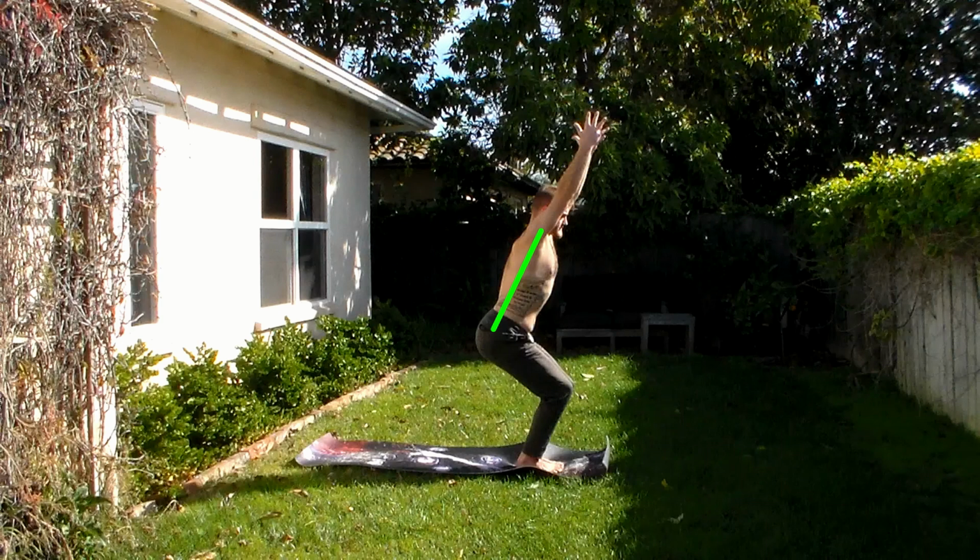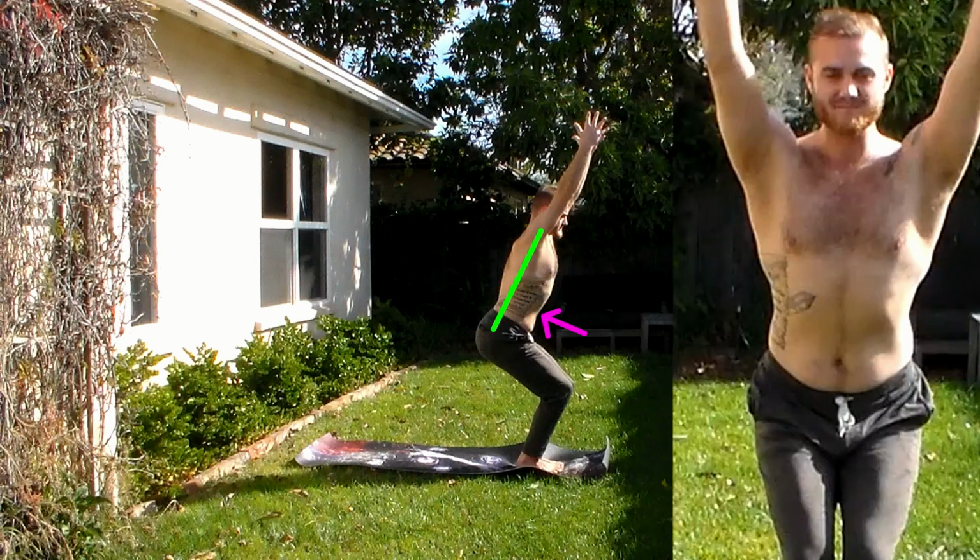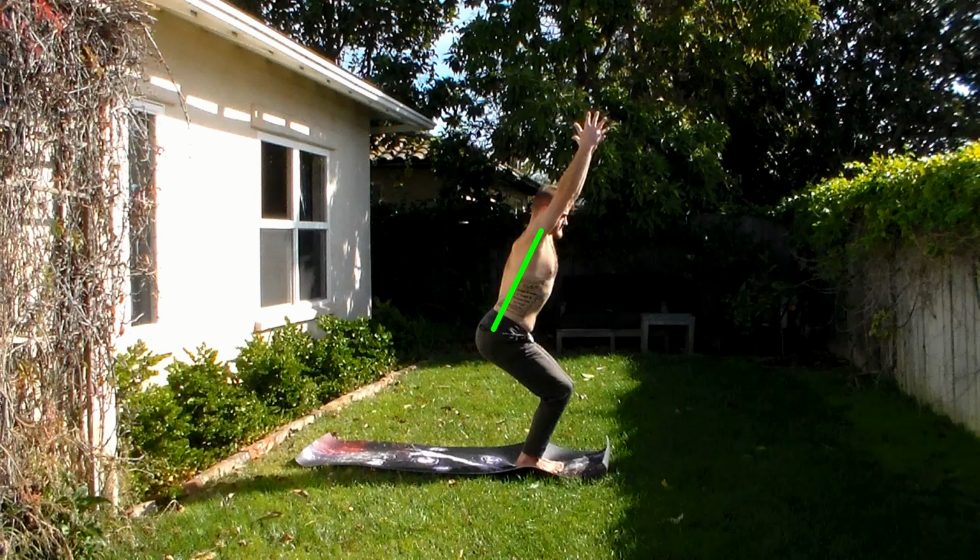If you are more flexible, then you may have an extra sway in your back, potentially putting too much stress on your body. If so, then press your belly button back and hug your lowest ribs together to draw your spine back into alignment. The location of your chest, up or down, doesn't matter as much as maintaining the natural